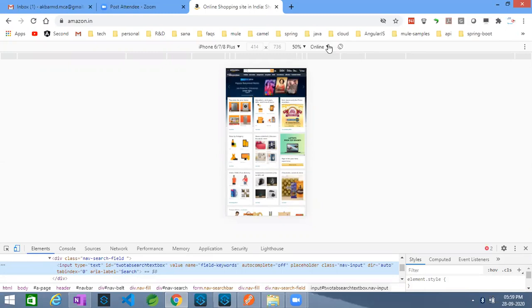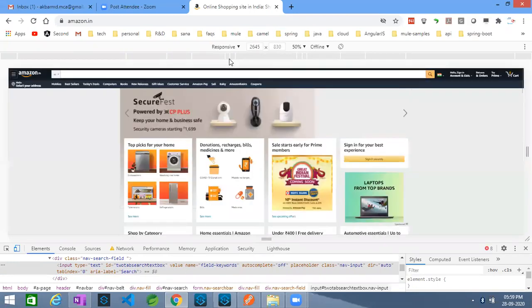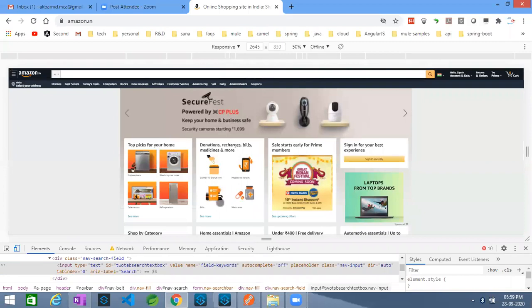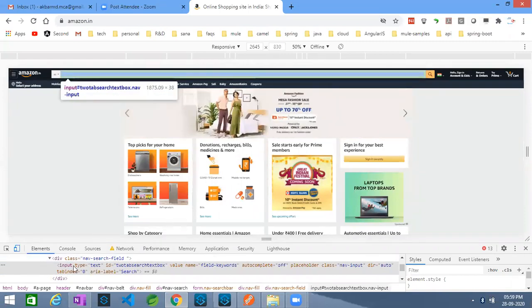Let me change it to offline. See, this is basically an input type text, and if you look, this is a div. That div is also provided by HTML only.